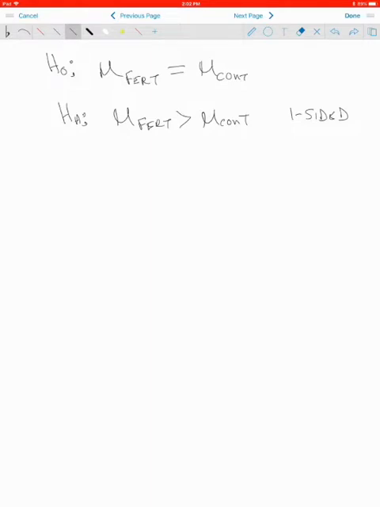Okay, so then you conduct the experiment, and I won't give you the raw data here. Instead, because you know how to calculate means and variances, I'm just going to give you the summary statistics. So for the fertilized plants, here are the summary statistics. The mean for fertilized equaled 20. There were 7 of those, so the sample size was 7. And the variance was estimated for that sample to be